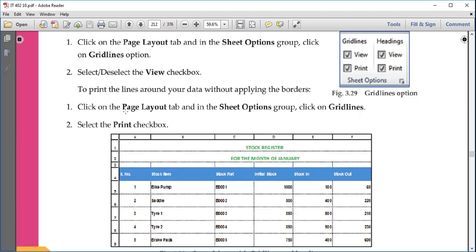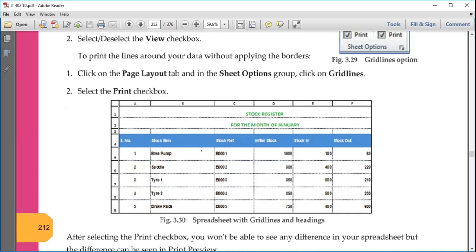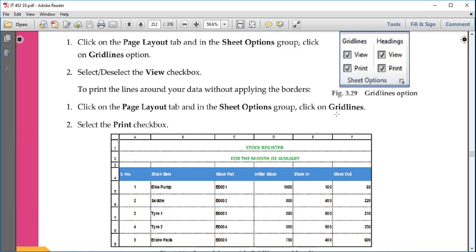The option also lies in the Page Layout tab, in the Sheet Options, in the Gridlines. This is the option, right? And if you select this Print checkbox, print में क्या होता है कि lines जो है आपको print में भी दिखाई देंगी जब आप प्रिंट आउट लोगे. By default in the printout, if you have not applied borders, the lines are not shown, right? But if you want to show the lines, then you have to select this Print option,